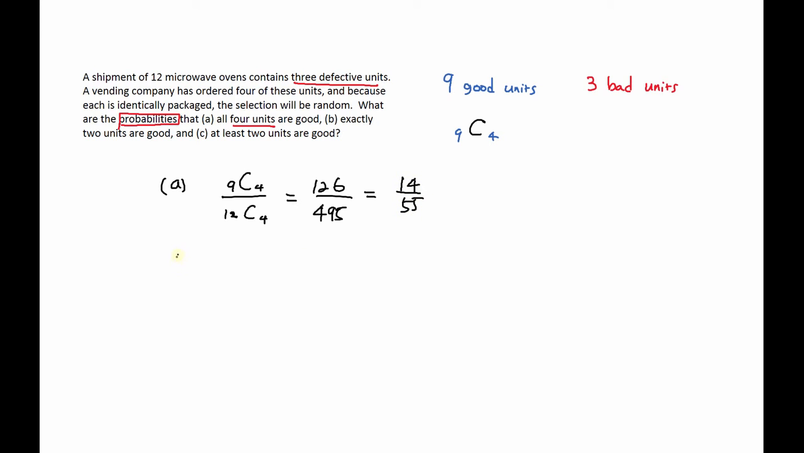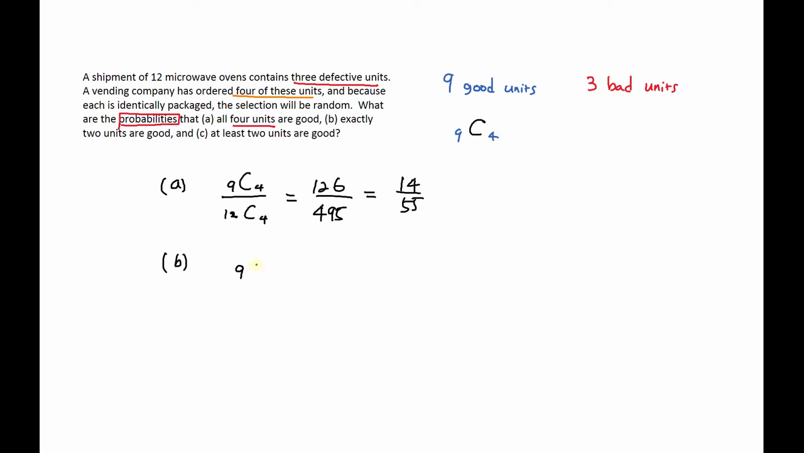Now let's move to B. It asks for exactly 2 units are good. Of course, we're still focused on the probabilities. So when we have 2 good units, that means we have to have 2 bad units. Why is that? Because if you look back, a vending company has ordered 4 of these units. Therefore, we have to